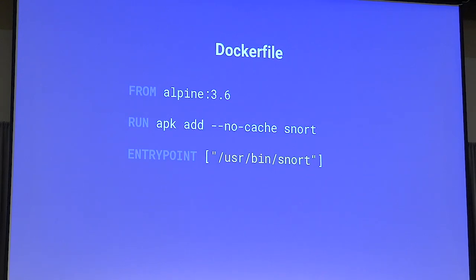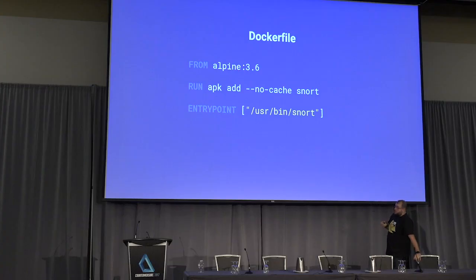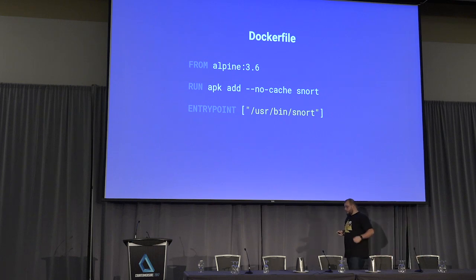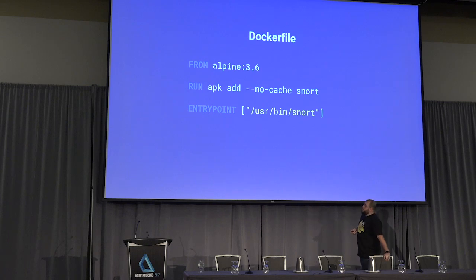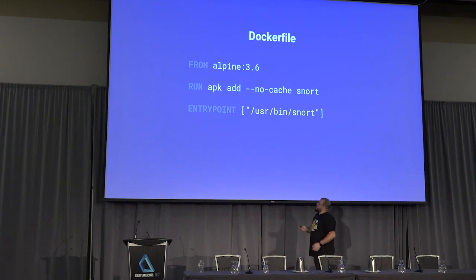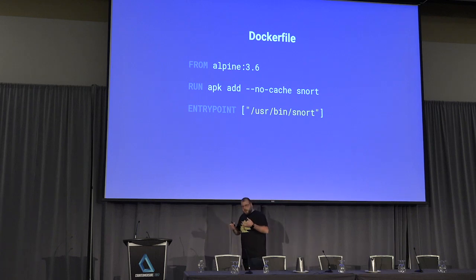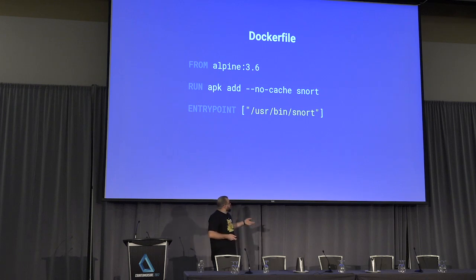This is probably the most simple Dockerfile that I could build. When we build Docker containers, we are given these directives on the left-hand side, FROM, RUN and ENTRYPOINT, to run these commands against a Docker container. And you can see what I'm doing here is FROM alpine:3.6, we're going to run apk. apk is the Alpine package manager. And we're going to add the snort package. And when we interact with this container, we're going to interact with the entry point pointing to /bin/snort. So every time that you run this container, this package of dependencies and applications, the first PID, the first application that we're going to interface with is going to be snort.